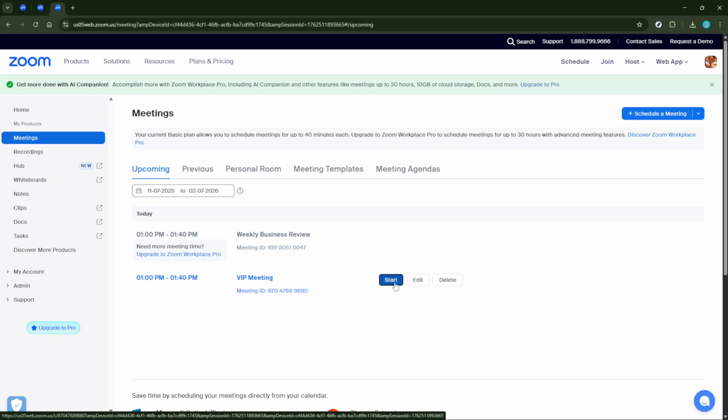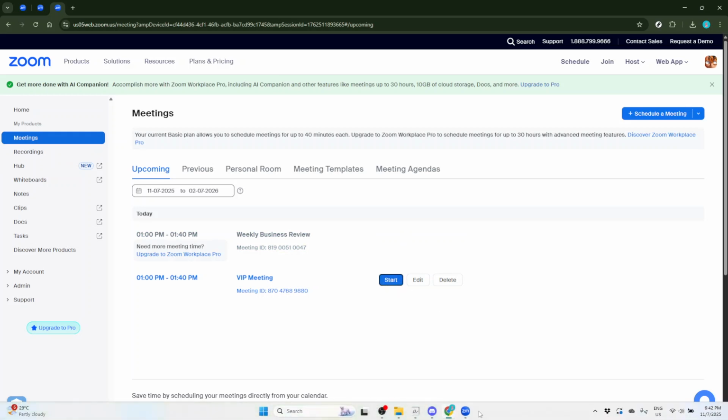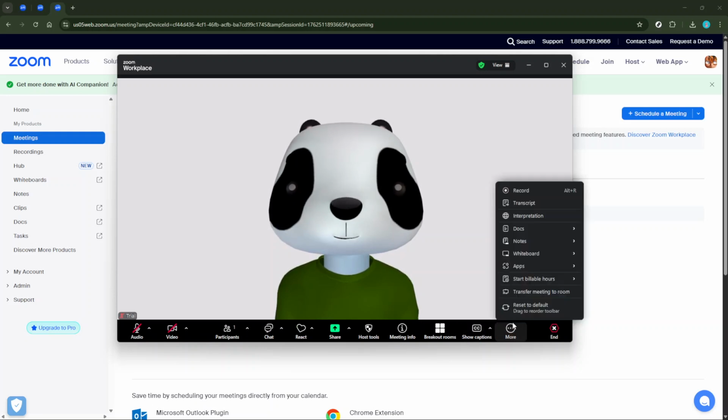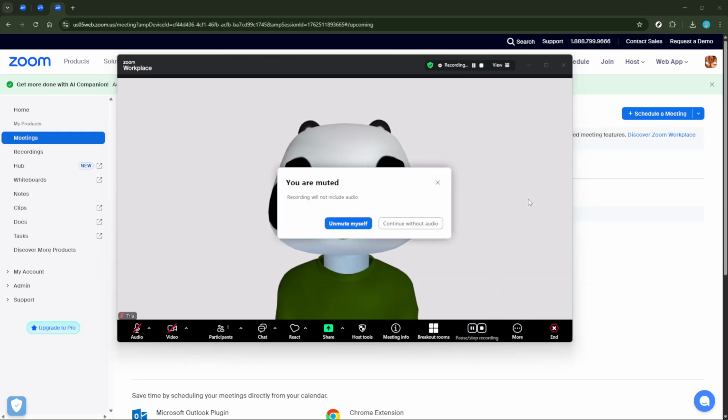Next, take a look at the bottom of your Zoom meeting screen. You'll notice several options stretched out along the toolbar. Among those, there's a button labeled Record. Click on this and Zoom will commence recording both the video and audio of the meeting. You might notice a small recording icon appear, often a red dot, signifying that the recording is active. This visual cue can help reassure you that the recording is indeed underway.